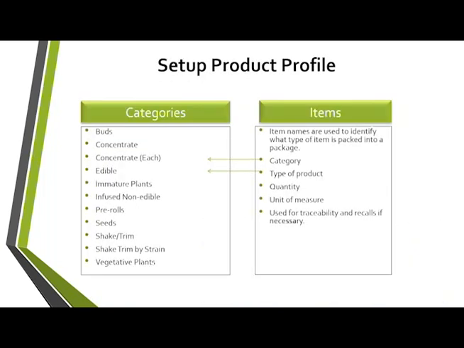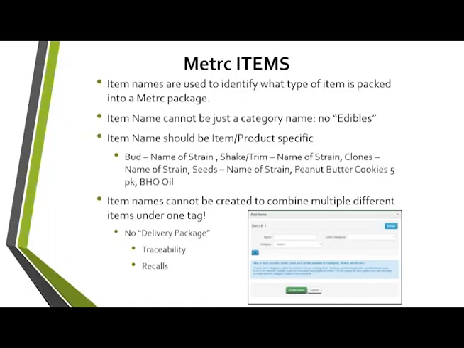All right, set up a product profile. You're going to create your items, some of which are here, and I'll show you in the next slide all the items that are available. You won't necessarily have to use too much of this because you will be receiving these products with the items already created, but it is good to know how to do so. The categories are set up by the state, and the purpose of those is that they're categorized correctly, but also they may require different information depending on what kind of item it is. So we'll talk through some of the admin stuff, and then we will move on to the demo, and we're going to show you directly in our demo environment.